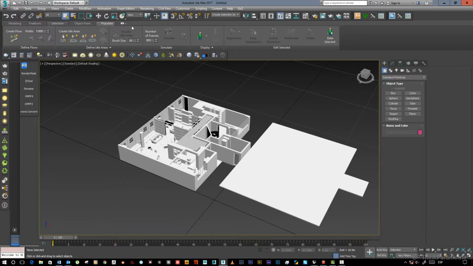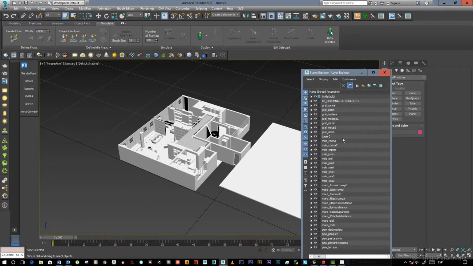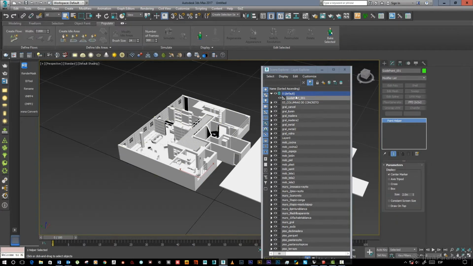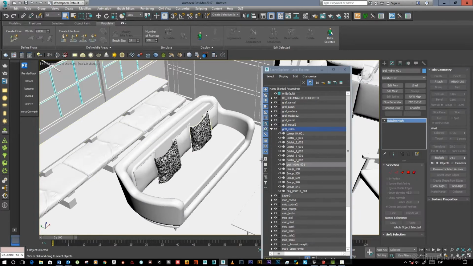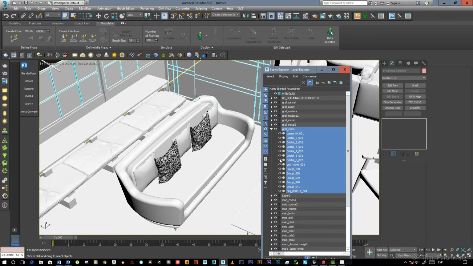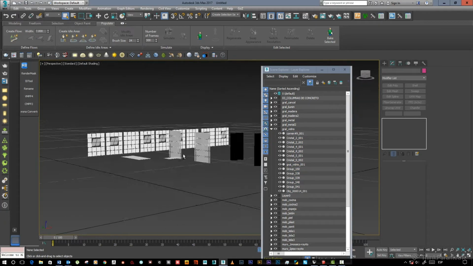After that, we need to see if the client, as we requested, divided everything into the layers. So let's see. Well, first thing, there should be nothing in layer 0. So this is just a helper, and we're going to be deleting that. The rest, let's see, for example, the glass. Let's see if the glass is in the right layer. Yeah, it should be. Yeah, pretty much everything is in there.